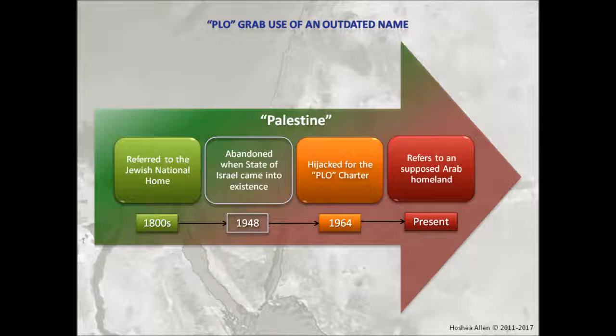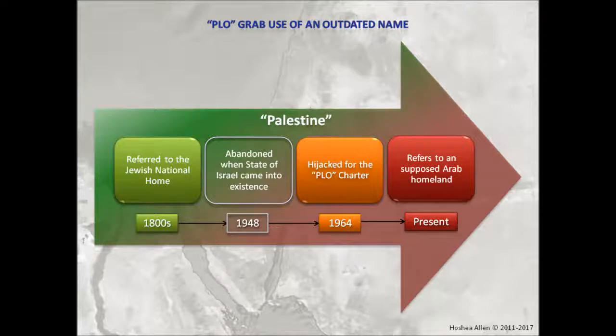And as a result, from 1948 onward, the term Palestine fell into disuse. And that would have been the end of the story had it not been for the PLO, the so-called Palestine Liberation Organization, a terrorist organization founded to destroy the Jewish state in Palestine. Essentially, it was they that hijacked the term Palestine and made it refer to a so-called homeland of the so-called